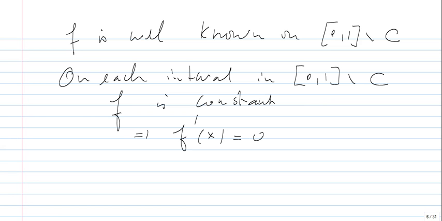We know that the intervals that you removed, their measure is 1, and we know that the measure of C is equal to 0. So basically, f is differentiable outside of a set of measure 0, and its derivative is 0. Great. 2. F being a uniform limit of continuous functions, f is continuous